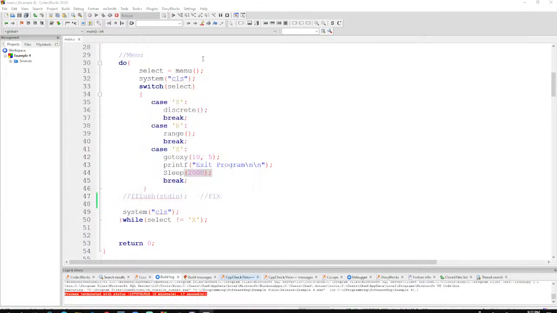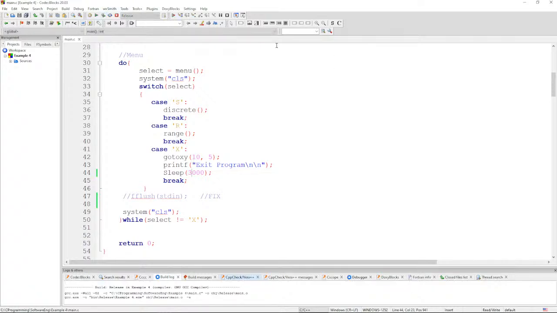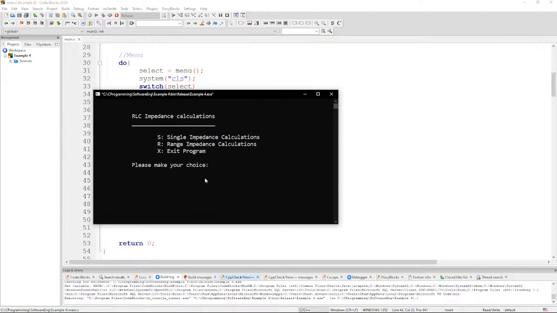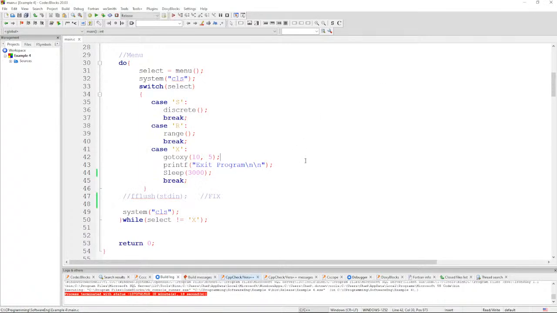Now if I change the program and just make it 3 seconds, just increase it so we can see clearly what's happening, we'll run the program again. Okay, there it is. Now I hit an invalid selection G. 3 seconds. Now the thing is flashing. Something is wrong. To fix it, I needed to include this line here that you see,